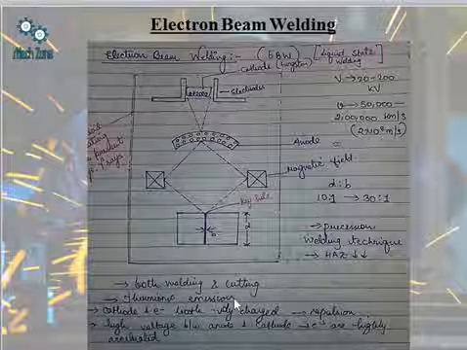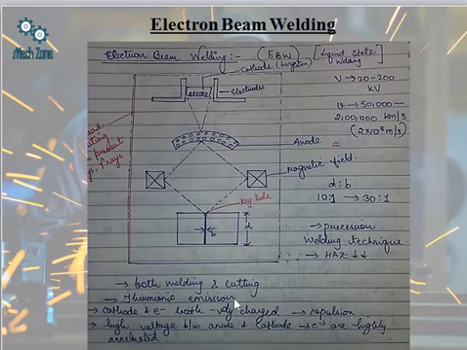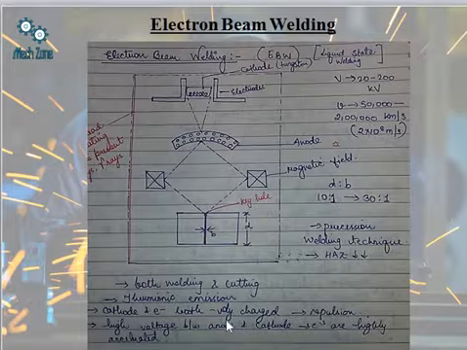Thermionic emission is the process which is taking place. Thermionic emission we have already studied in our class 10th physics, where it says that whenever a surface or a material is heated, then the electrons which get energized leave the surface and come out. So this process is called thermionic emission. Therm means heat, ionic means ions, and emission means emission. Cathode and electrons both are negatively charged, so they will also undergo repulsion.